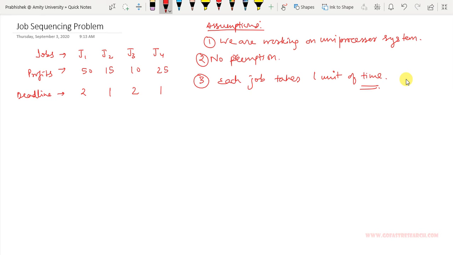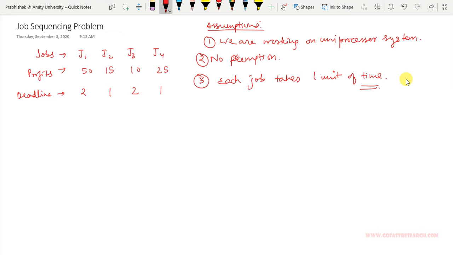Let's see how we are going to solve this, since we are studying greedy algorithm. What this question means is that various jobs are given to you, the profits associated with these jobs are given, and the deadline has been given for each and every job. These jobs have to be completed within these particular deadlines, in such a way that maximum profit is earned. Our aim is to earn as much profit as possible.